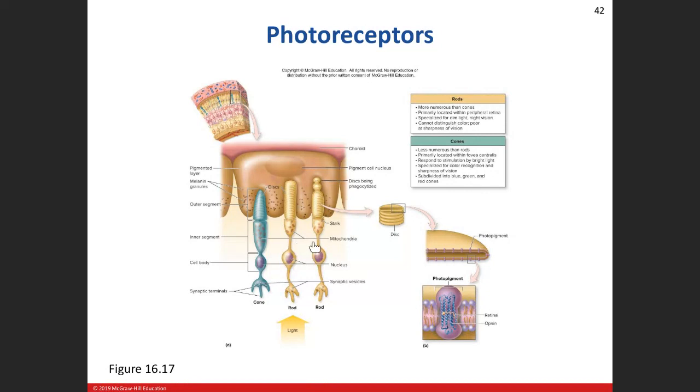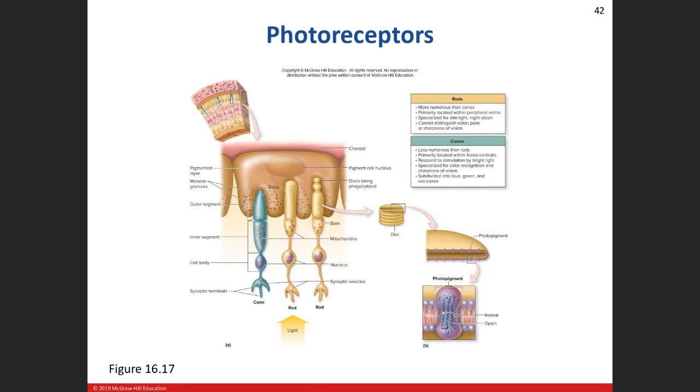So the photoreceptors, our rods and cones, are going to sit right against the choroid here, and they're implanted into the pigment cell. Remember, the pigment cells absorb aberrant light, like random light, so it's bouncing around the eyeball. They help to absorb that because they have melanin. And the melanin helps to absorb that. So if we look here at our photoreceptors,